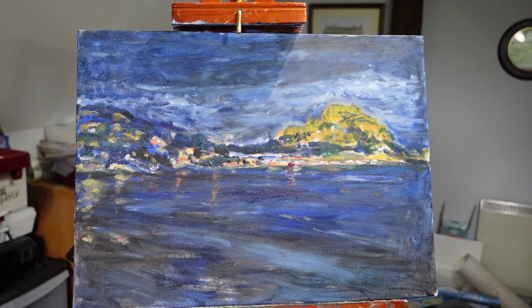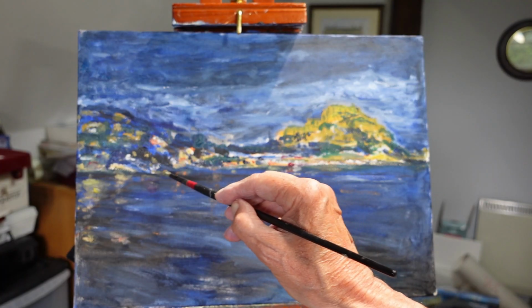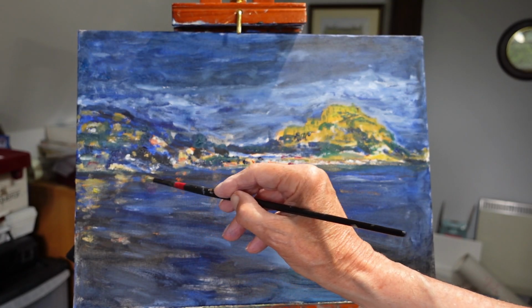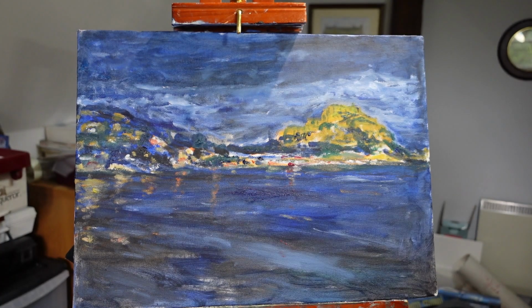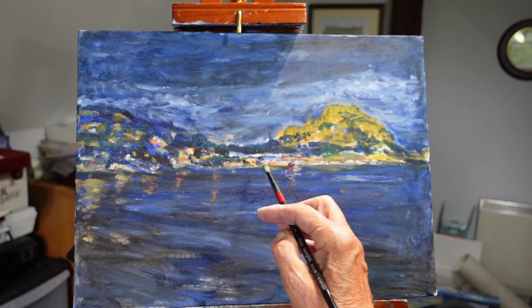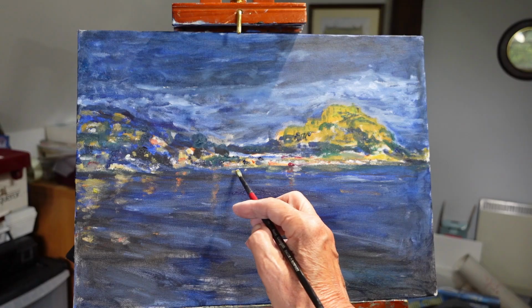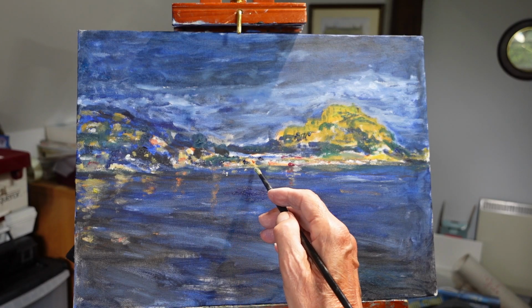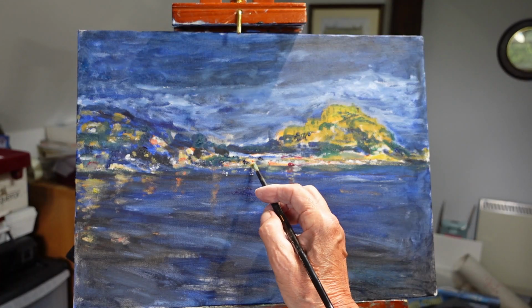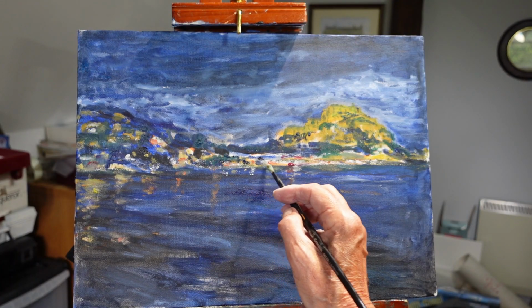Yes, let's clean the brush. Put a little bit of ochre and yellow and orange. Try and warm some of these reflections up. Certainly was a bright and warm time when I was there. Right. A little bit of orange there. Let's give that a...